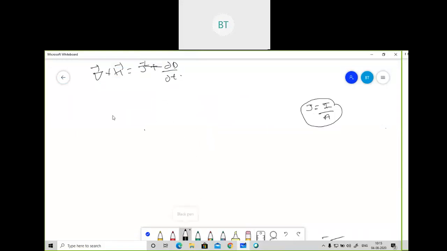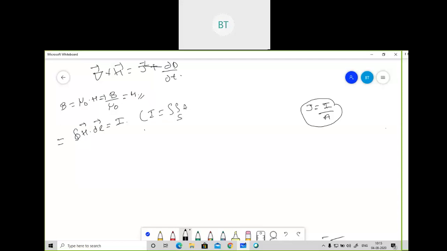So see, by Ampere circuit law, we are aware of the fact that B is equal to mu naught into H. That is, B by mu naught is equal to H. This we are already aware of by Ampere circuit law. So from there only I will write like this, H dot dl is equal to I.